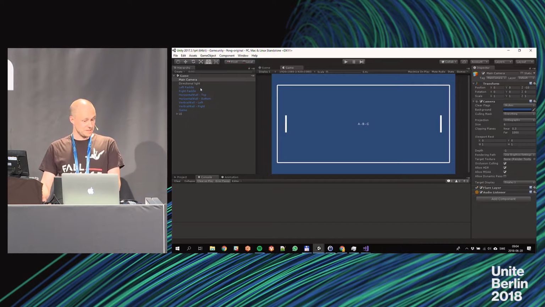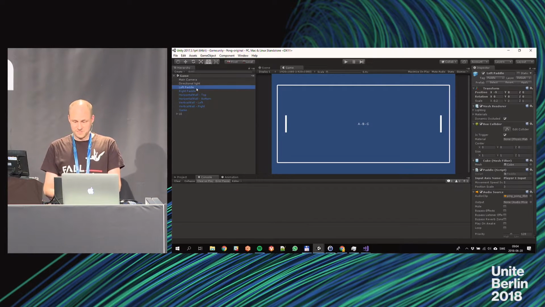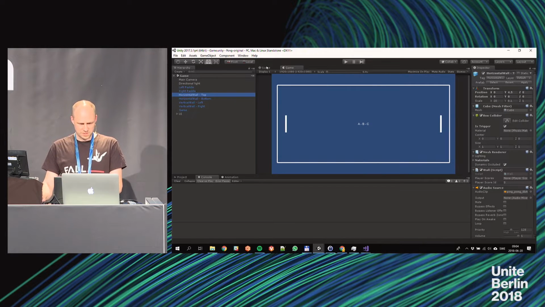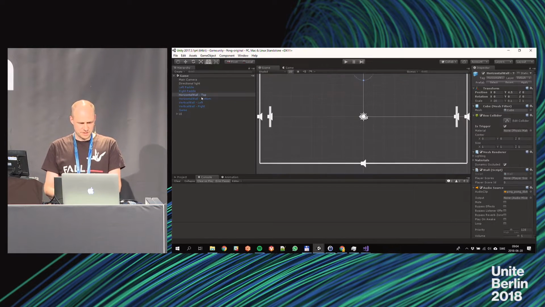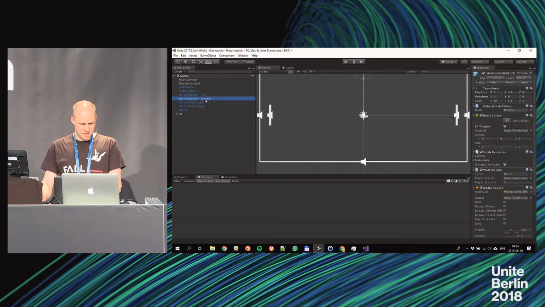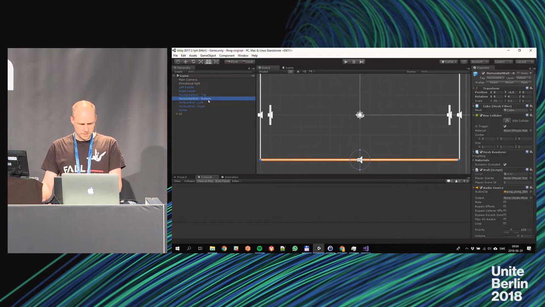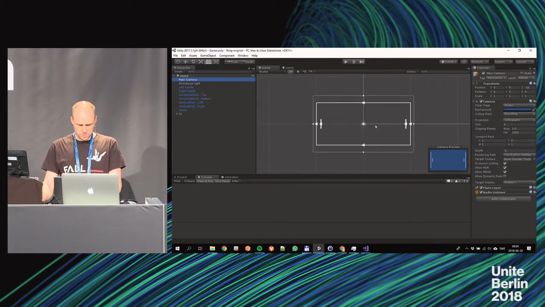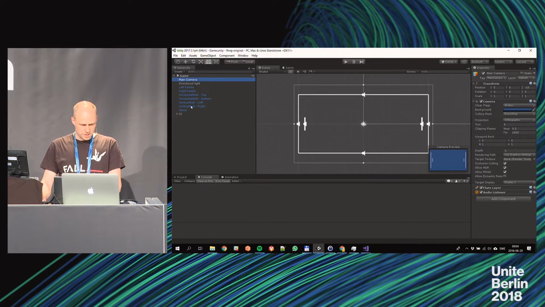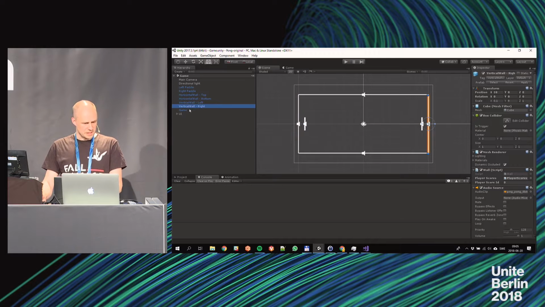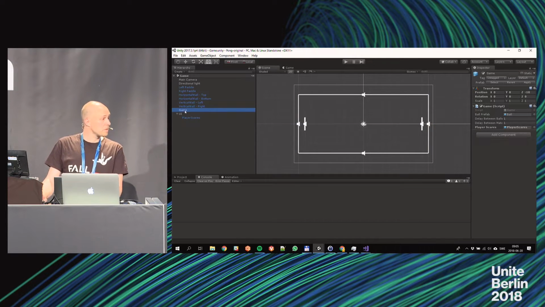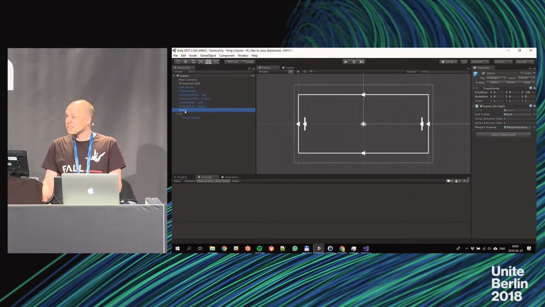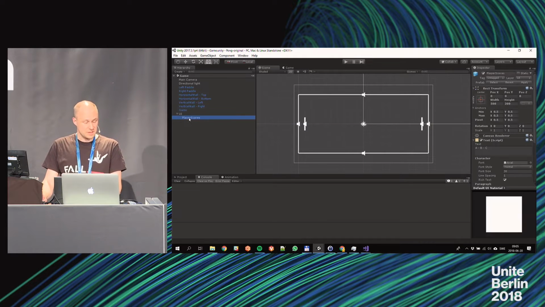Now, if we look at what's inside of this game, we have 2 paddles, 2 walls, which are located at the top and the bottom, and then also walls on the side, and a slight bit of game logic which didn't quite fit into any of the visual bits, and then the scoring display.